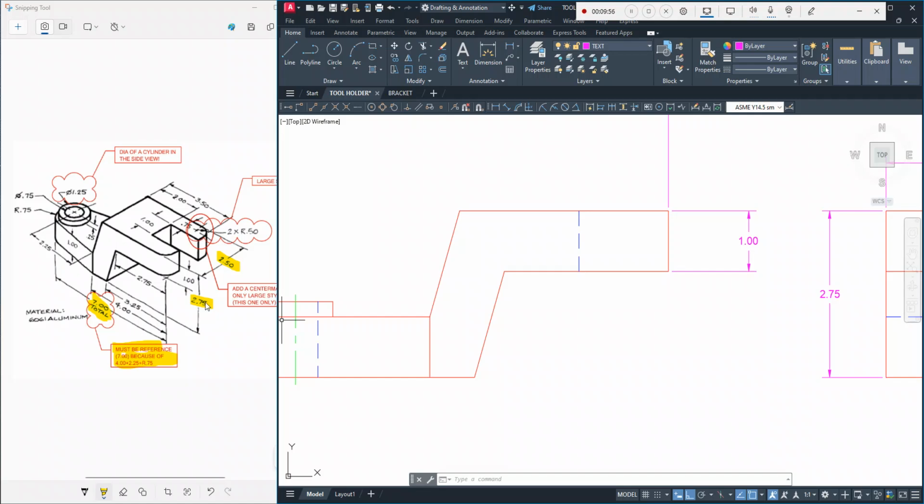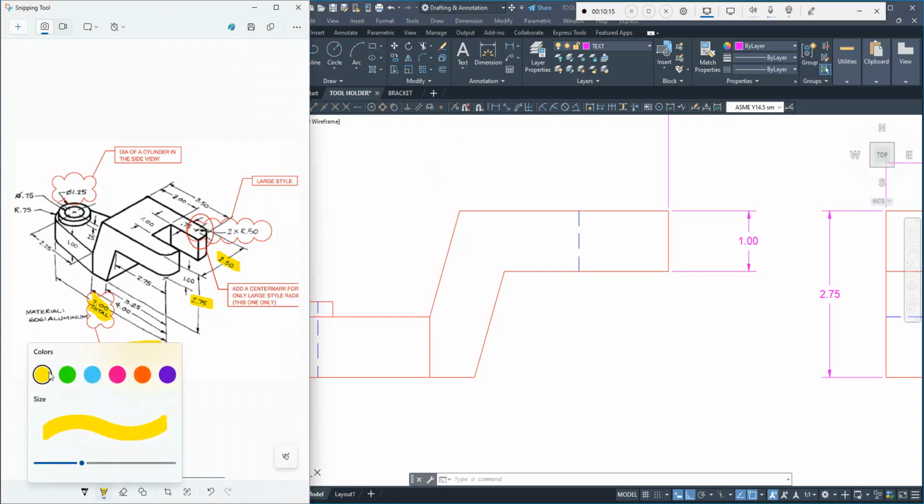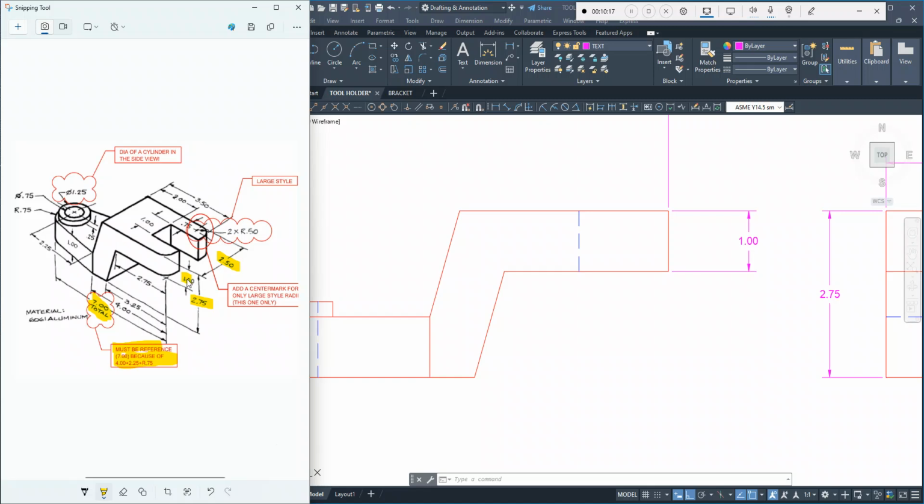And then I have this overall height right here. Oh, it's already highlighted. I already did it. Another nice reason to highlight things. It not only keeps you from missing a dimension, it keeps you from doing that dimension twice. So I thought about it and then I saw that it was highlighted and I was like, oh, nope, it's over here. Okay, so I could get this 2.75 here